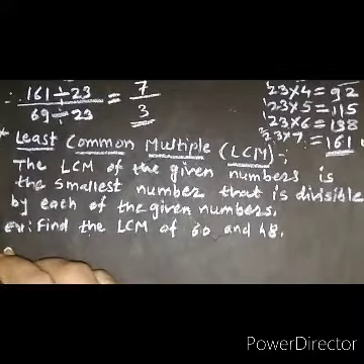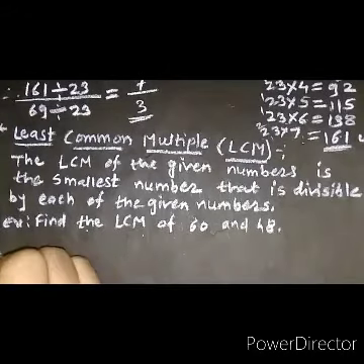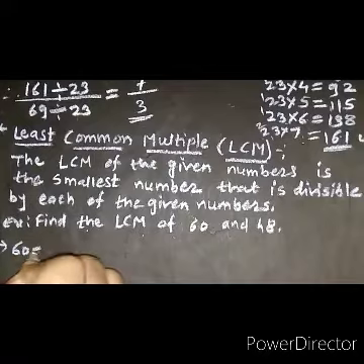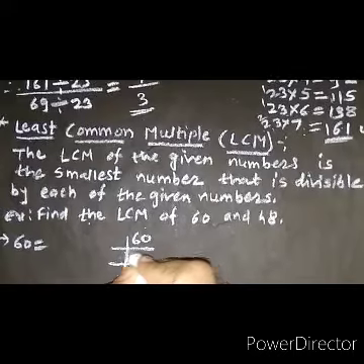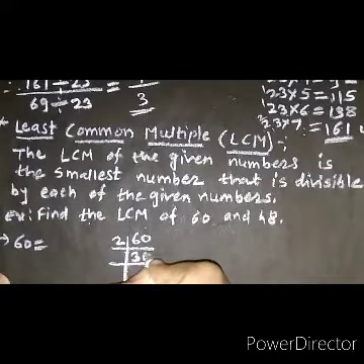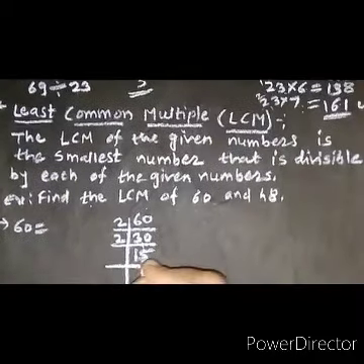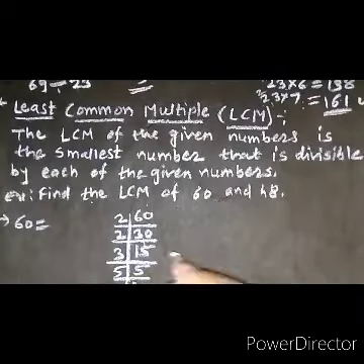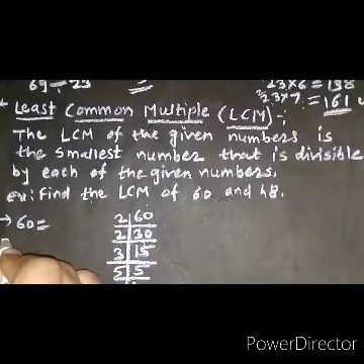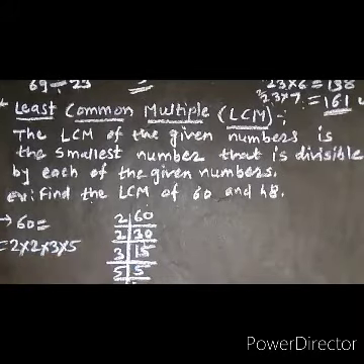So let us see an example. Find the LCM of 60 and 48. First we have to find the factors of 60 by using the factorization method. See, the last digit is 0, therefore divide by 2. 2 3s are 6, 2 zeros are 0, 2 1s are 2, 3 minus 2, we got 1. 2 5s are 10. The last digit is 5, therefore divisible by 3. 3 5s are 15, and 5 1s are 5. So we got the factors of 60, that is 2 into 2 into 3 into 5.